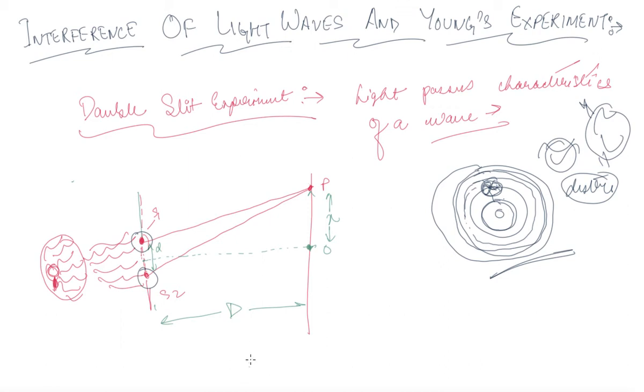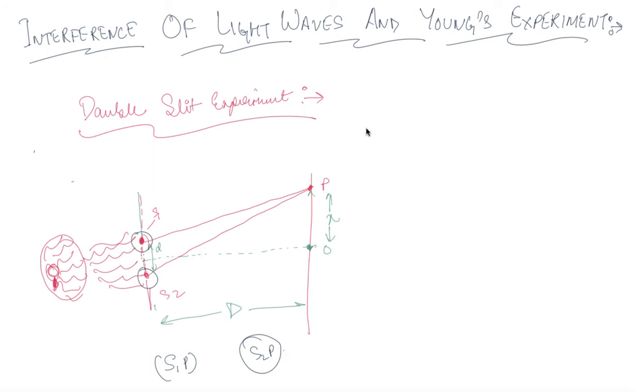So now this is your whole setup. If you look at this S1P, and this particular length is your S2P. Now if I want to do the calculation, let's see, S2P whole square minus S1P whole square. What is S2P? If we consider this to be the hypotenuse, so this is the base and this is the perpendicular. So by Pythagoras theorem, d square,